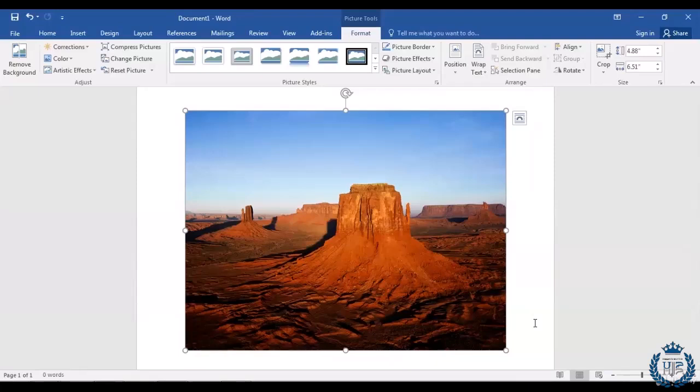And right now I will show you how to crop these pictures. Suppose you want to crop this blue sky from these pictures, so let's take a look at how to crop this picture. I want to remove this blue sky from this picture. To crop this picture, you will get this crop option under the Size tab. I'm selecting this crop option,